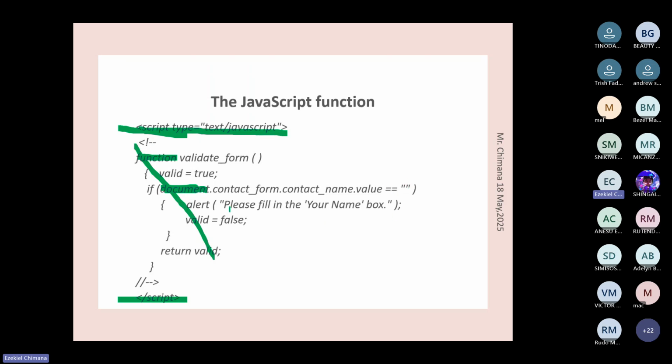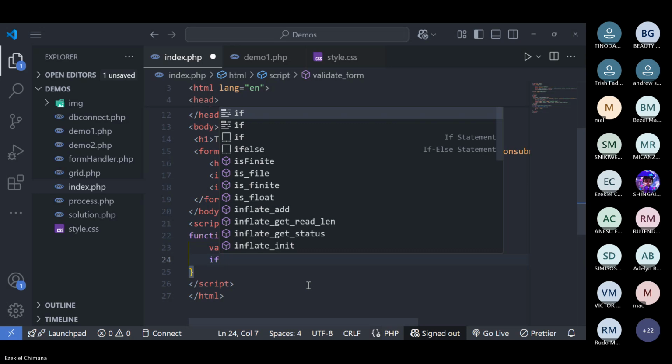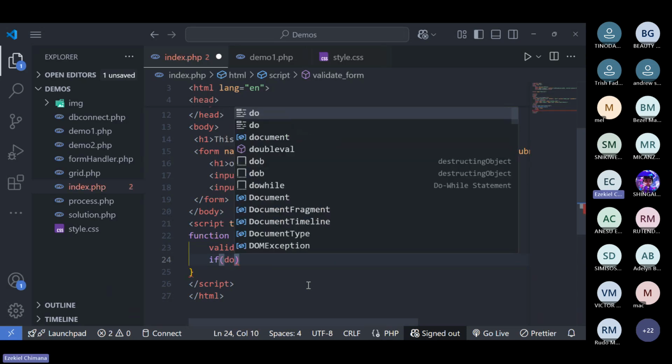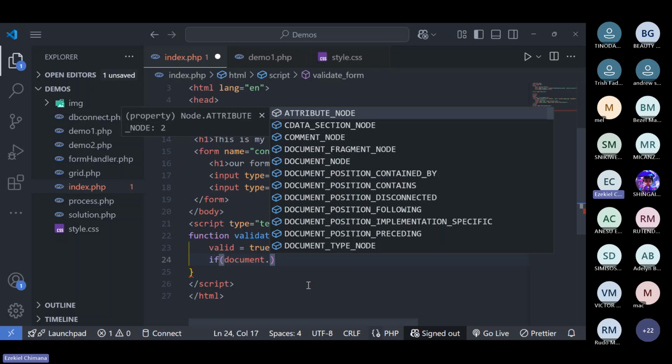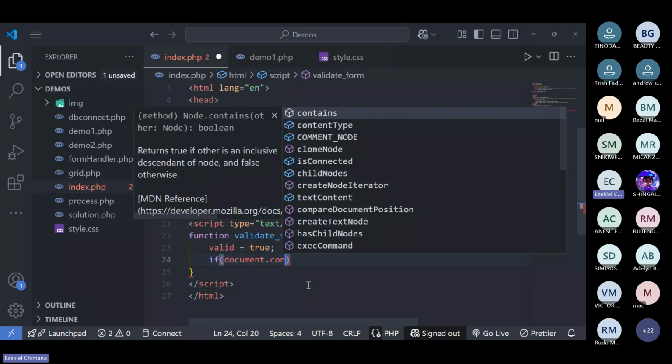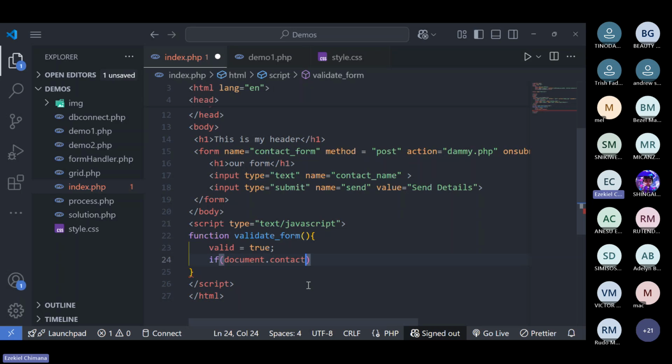So if it is empty, then you want to alert and set valid to false, and then return valid, something like that. So you want to say if document dot, then you want to put the form name, which is contactForm, right? Dot, we need to put the form element, which is contactName. Then we say dot value. If that is equal to an empty string, then